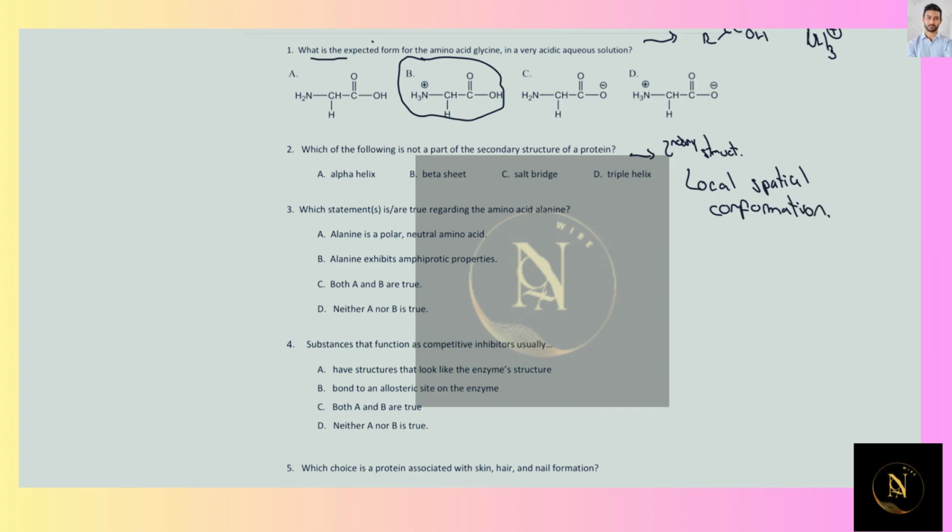And some common examples of this are going to be beta sheets and alpha helix motifs. Other examples that also may appear are going to be salt bridges, which are going to be local interactions. So the odd one out would be the triple helix, in which we're going to have the interaction between three